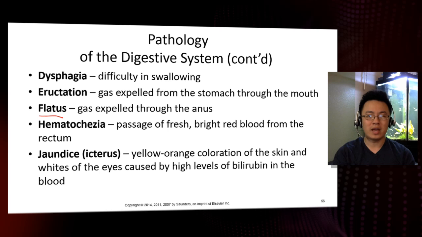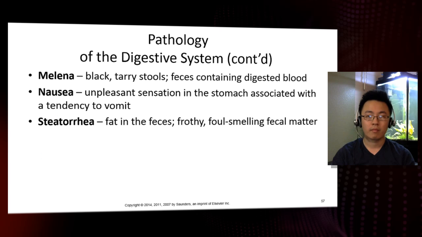And jaundice or icterus, that's another term for that, is when you have yellow-orange coloration in the skin and whites of the eyes caused by high levels of bilirubin in the blood. Now, melena is black tarry stools where feces contains digested blood. A lot of times melena